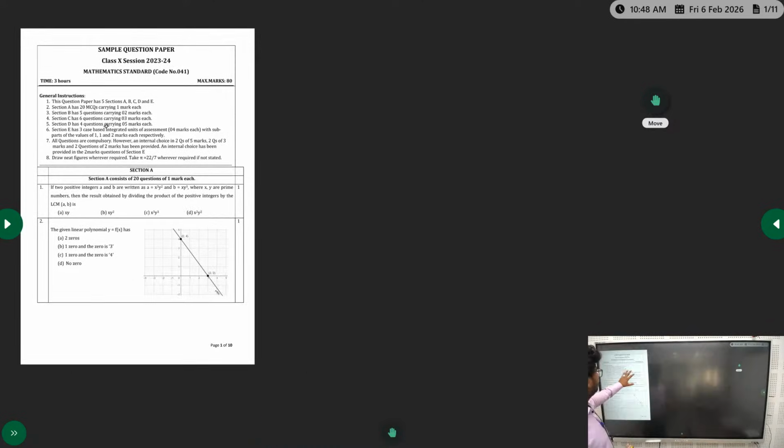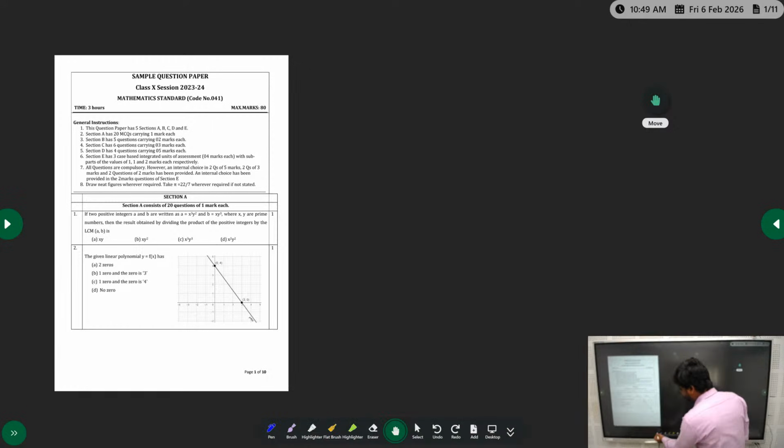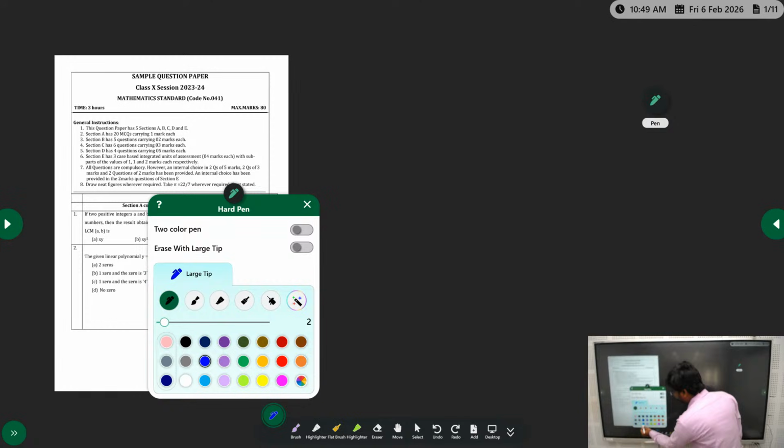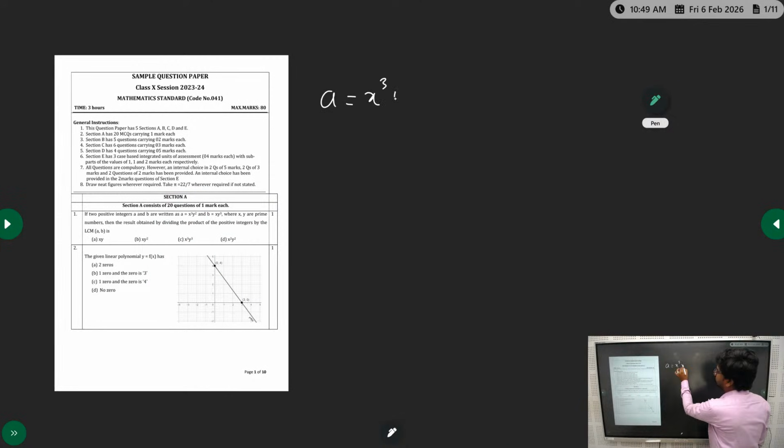Okay, now let us see this paper. The first question is, as usual, simple: finding the HCF and LCM. This question is very easy compared to what we did in the last paper, right? What is the value of A? A is x cube y square, B is x y cube. They are simply asking what the LCM is. X cube y cube. Now if I ask for HCF,